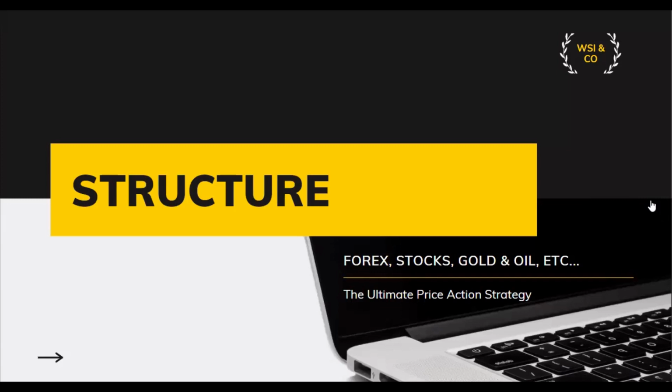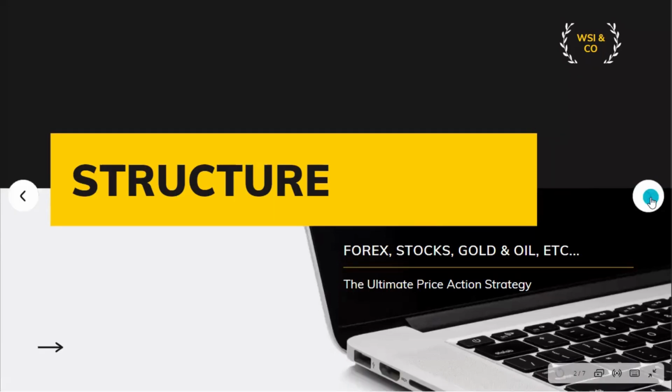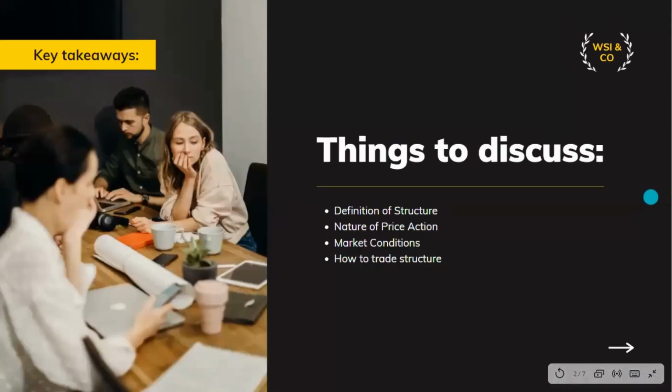Market structure is the ultimate price action strategy that you can use with forex, stocks, gold, oil, etc. Let us go into details breaking down market structure. Why is it important and how can we really take advantage of it? So these will be our key takeaways. We're going to define market structure, the nature of price action, market conditions, and how to